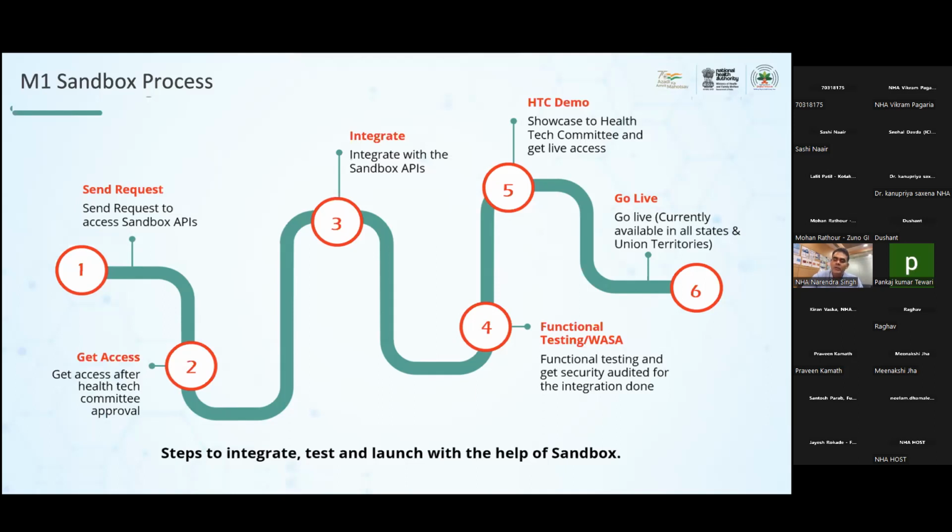So normally, for the functional testing part, we have empaneled a set of agencies who do normal functional testing. You approach them, they give you a quote, and it's a commercial process between the two companies. But for the purpose of this accelerated integration program that will happen on 10th, 11th, and 12th, we will be